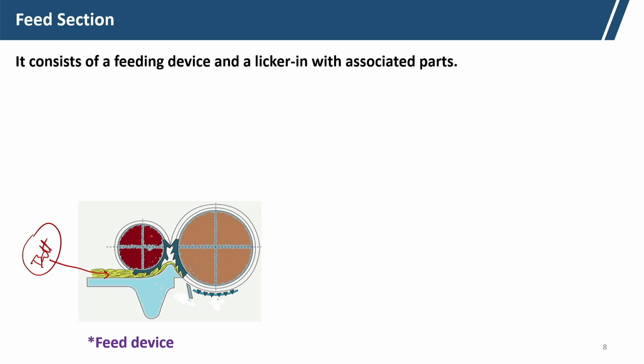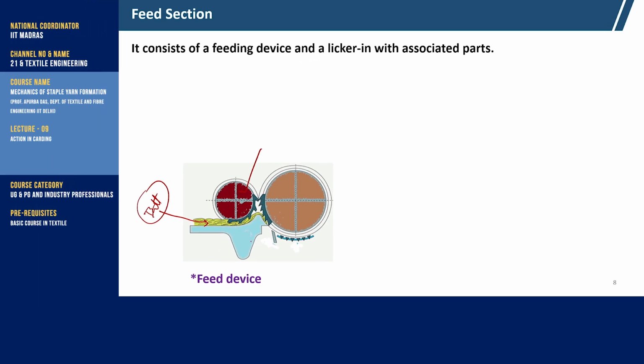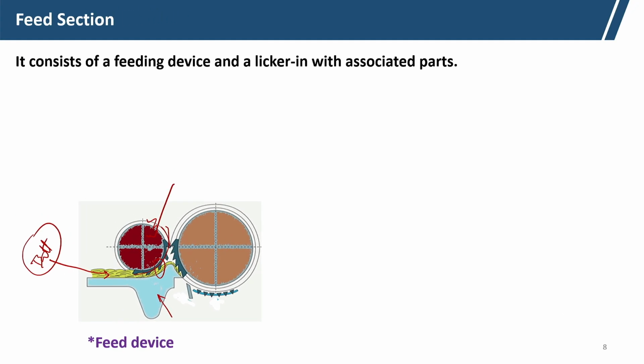Now, this is the feed roller and here is the feed plate, and the feed roller has got some teeth, or maybe it has got some knurled portion, and it feeds the material. Here the gripping is there at this point, and the Licarin takes the fibers in it, which rotates anti-clockwise and takes the fiber at downward portion. So, here the feeding takes place,